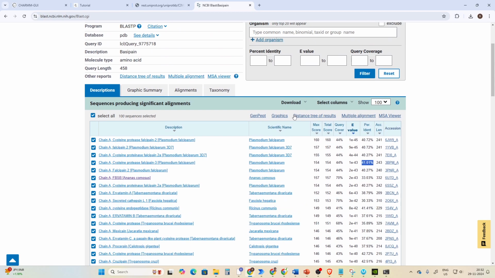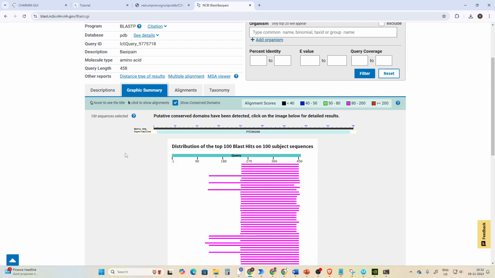But how should we select the template? Okay, so two criteria we understood from our previous theory, right? Previous explanation that I did. So you can go for this sequence coverage, it is 70%, but still if you go for the sequence identity, it is 33% only. But if you want to go for this higher sequence identity, 41 let's say, the sequence coverage is less. So let's understand one thing. Let's go to this graphic summary,